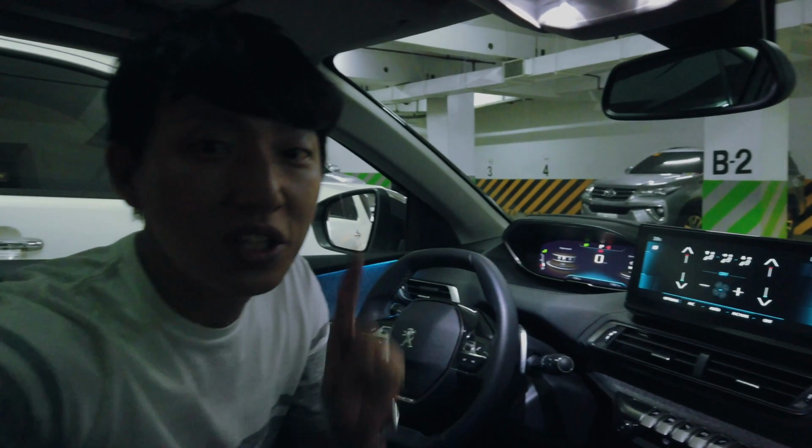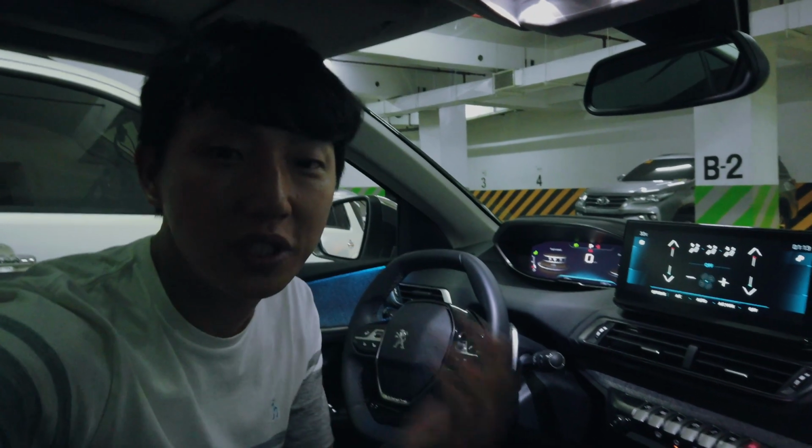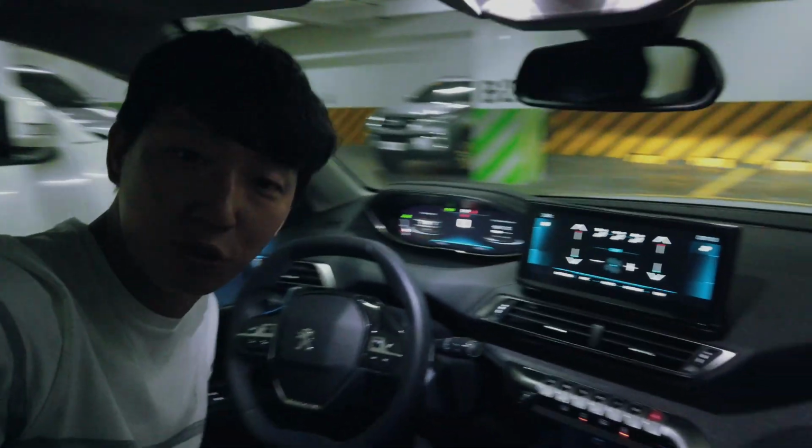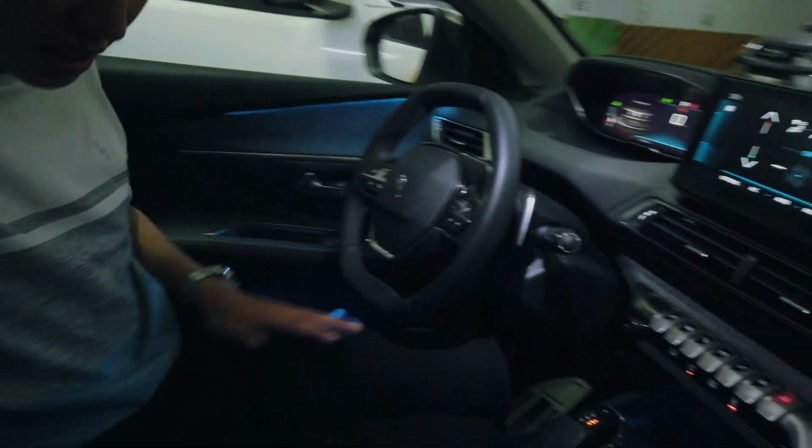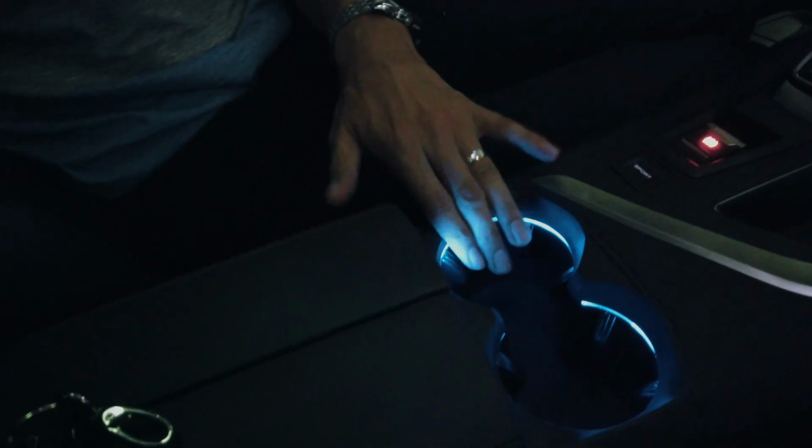We are inside the 3008. We are in a very dark area because I want to show you guys the ambient lighting. The ambient lights are everywhere, even in these cup holders, which just makes it look so premium. Other than that, just look here where the panoramic sunroof is. And you do also get